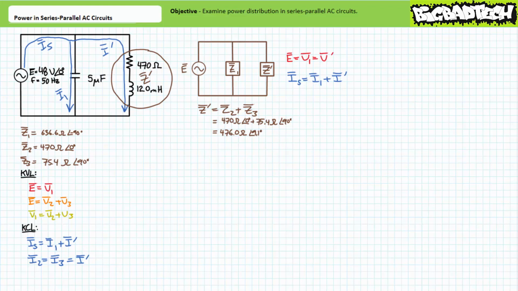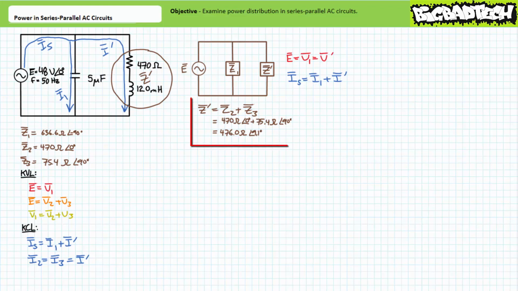Using this much simpler approximation, we can make use of pure parallel circuit properties. In this pure parallel equivalent, it can be said that source current equals I1 plus I single prime. Additionally, E equals V1, which equals V single prime. Voltage across elements in parallel is the same. Let's now perform an analysis of this much simpler circuit and then map these properties back to our original series